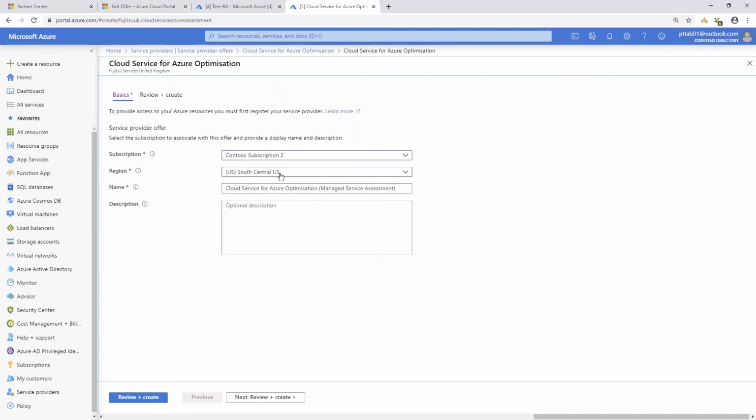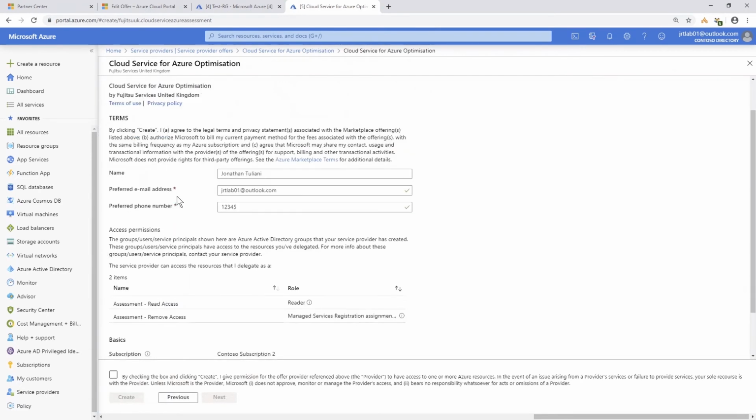And you choose the region, which is just the region that represents the resources that represent the delegation. This region can be any region, and it will work the same regardless. And you provide a name and a description. And on the second tab here, if we see review and create, you can see the terms that the service provider gave when they